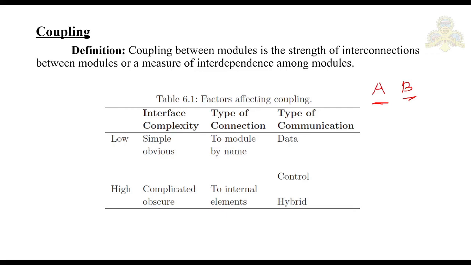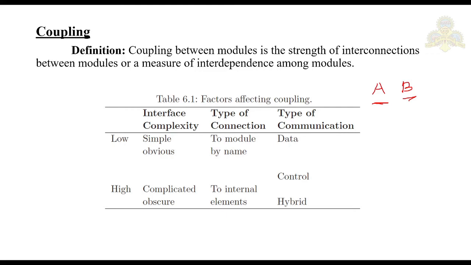The next factor affecting the coupling is the complexity of the interface. The more complex your interface is, the higher will be the degree of coupling. For example, the complexity of the interface of a procedure depends on the number of items being passed as parameters and on the complexity of some items. Some level of complexity of the interfaces is required to support the communication needed between the modules. So often more than this minimum is used.